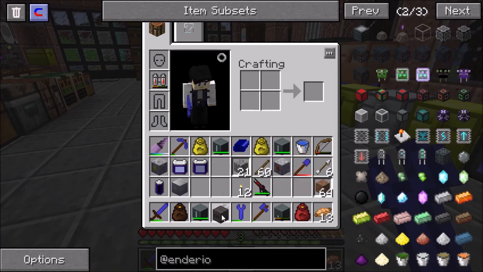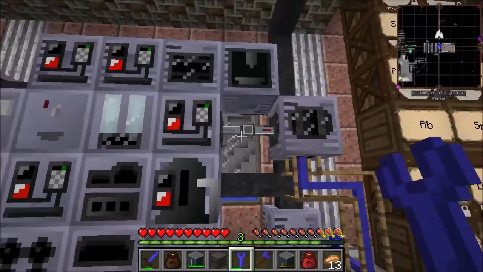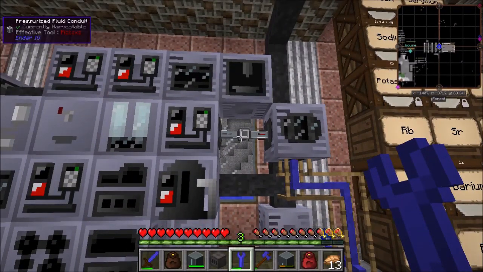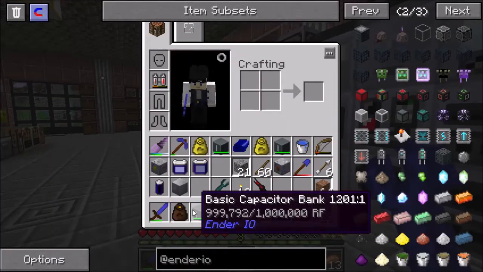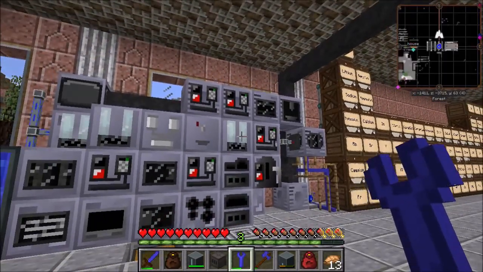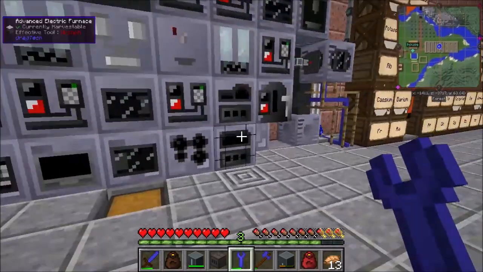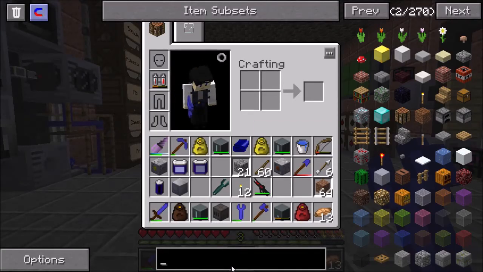But one, again, key component I have is that it means I can use GregTech power to power my RF machines. I don't need these capacitor banks, for example. I'm using them to find out how well this stuff interacts and for running this test, but I won't actually need them. So the next thing I need to do is look at what I want to make in Ender IO,